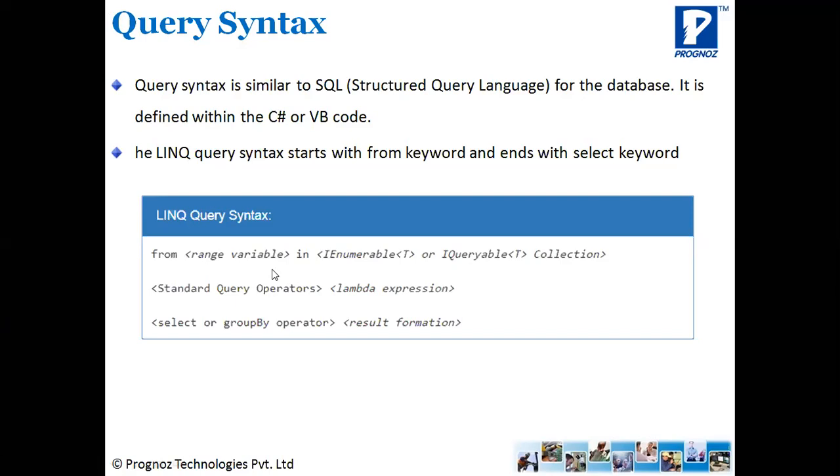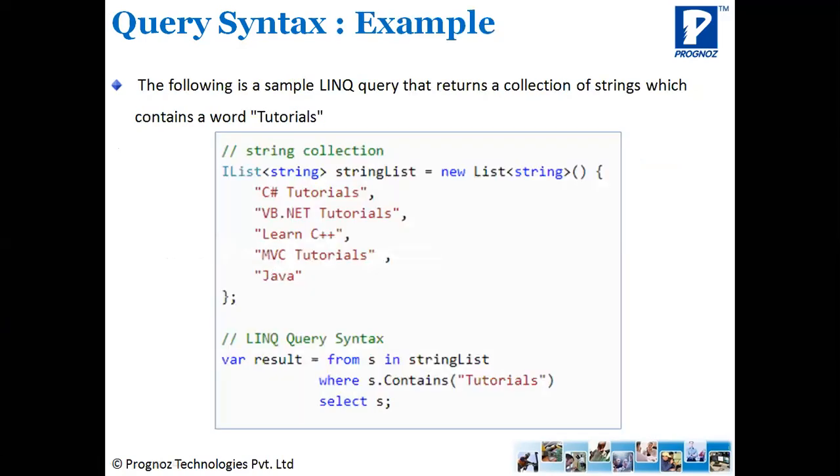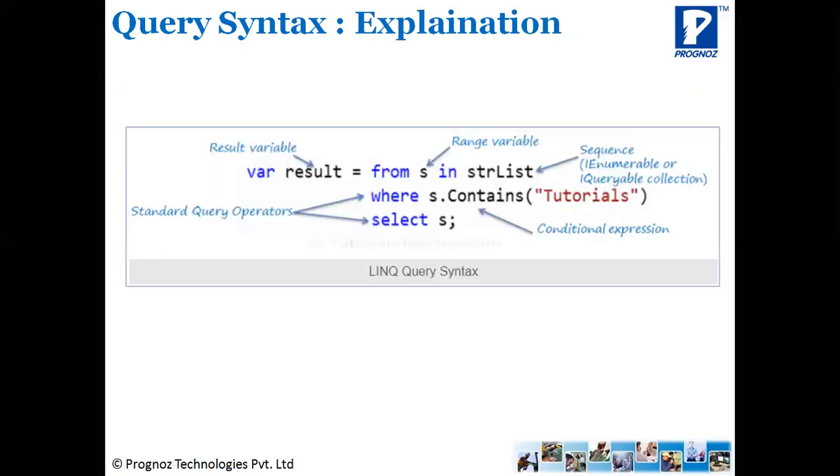So the data structure is given. Suppose I have written the query something like this: var result. Now why have we written var over here? Because we don't know the exact type of data returned through this query. Sometimes it can be a collection of objects, sometimes it can be a scalar value. So it's better to store that result in a variable.